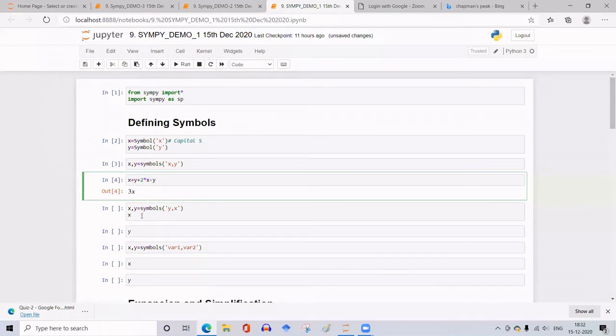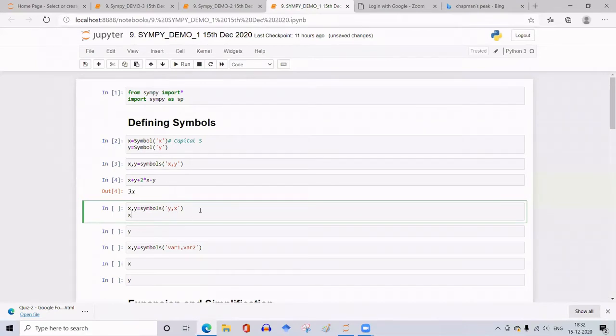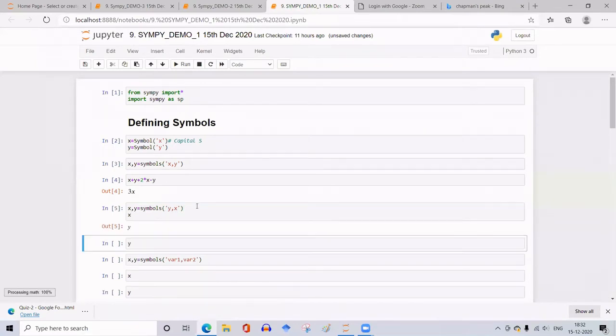Okay. Suppose you want to reverse: in place of x, I want to take y, and in place of y, I want to take x. You just reverse the order in which you type the variables within this symbols syntax. So now I'll define x and y as variables, but within symbols, I'll write y and x. So if I call x, it will give me y. If I call y, it will give me x. So if I run this cell,